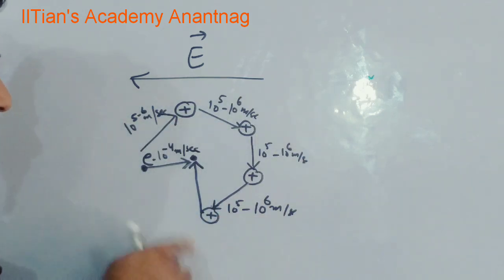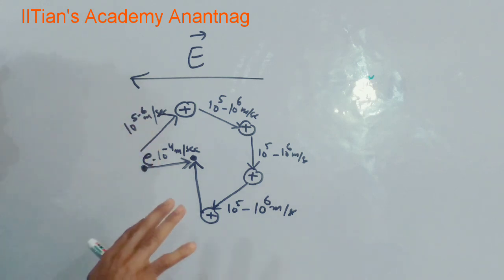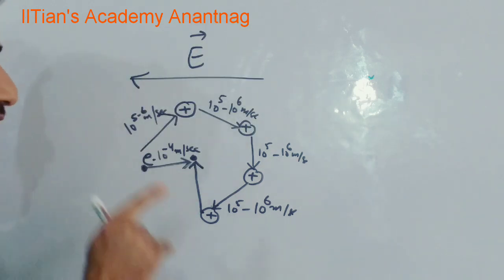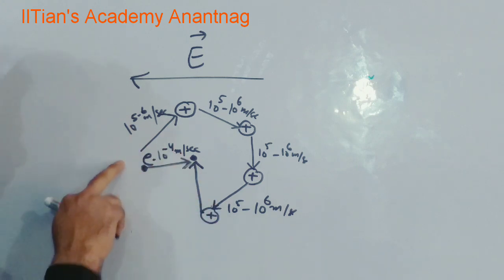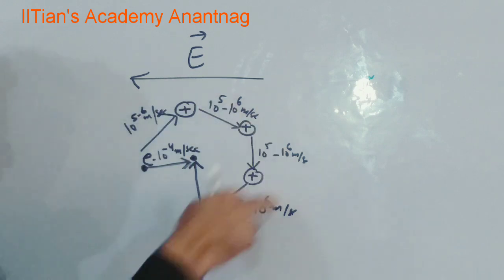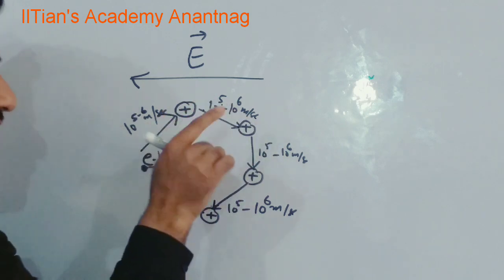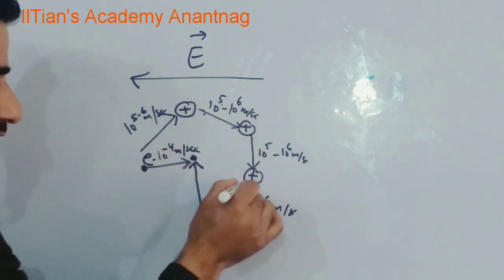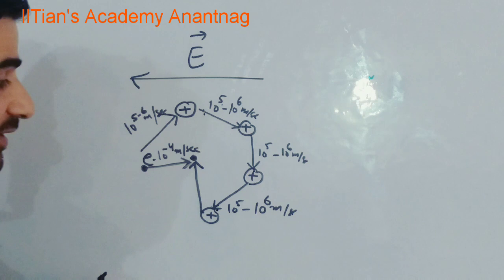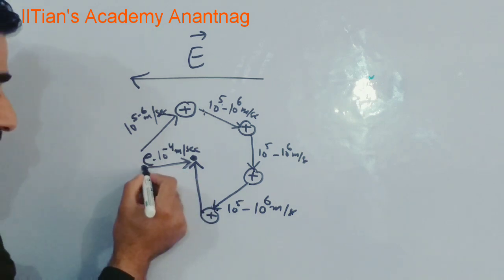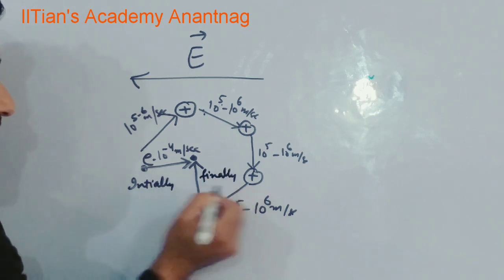When it is undergoing thermal motion, the speed is 10 raised to power 5 to 10 raised to power 6 meter per second. If I see the average thermal velocity, again that is 0. This is not the average thermal velocity; I am seeing the thermal velocity at a particular time. Now, if I see the average thermal velocity of the electron overall in this motion, that is 0. But if I see from this point to this point, that is not 0. Similarly, from this point to this point, that is not 0. That has a very large value, of the order of a million meter per second. But if I see overall, the electron was initially here, now it has finally gone here, therefore that is displacement.